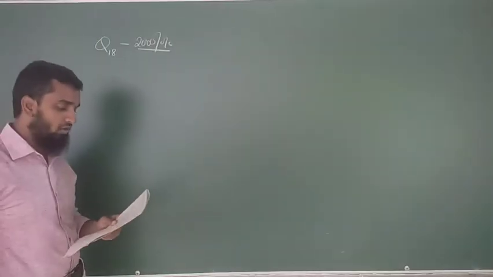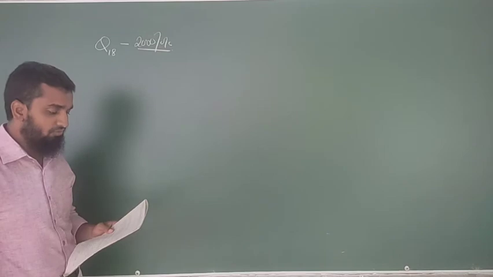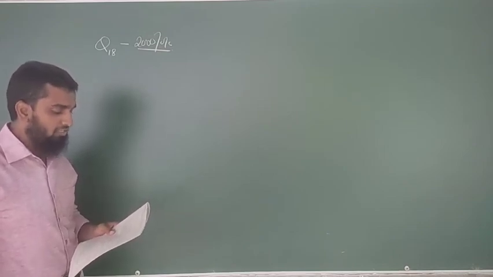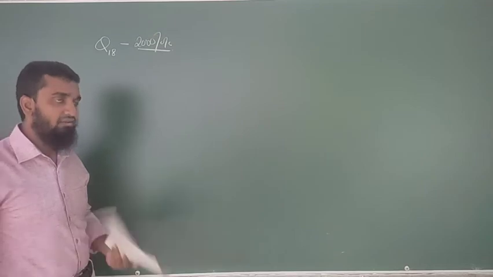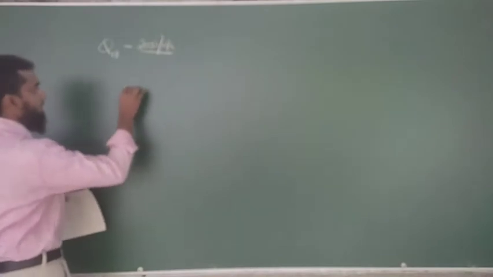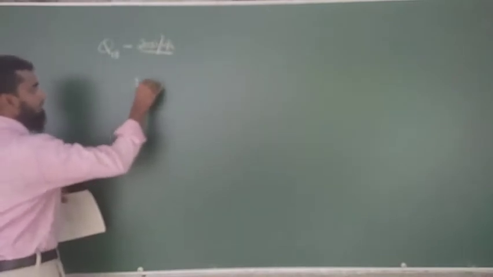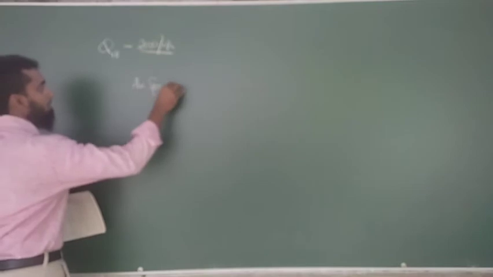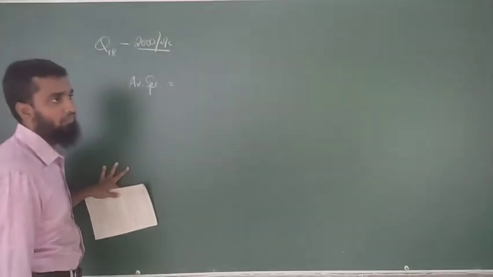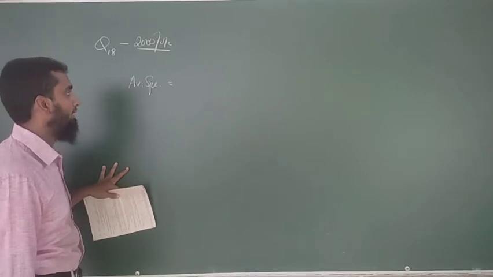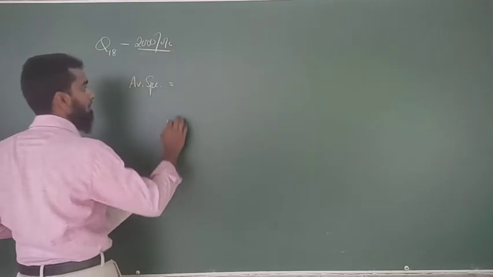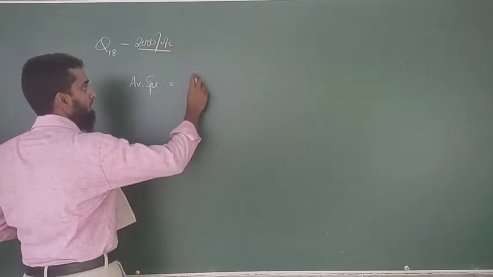A man traveled 12 km with a speed of 6 km per hour and came back to the initial position with a speed of 3 km per hour. What is the average speed? To find the average speed, average speed is about the total calculation, not about the actual value. By the total calculation we are finding the average speed, by substituting the values in this equation. What is the equation?